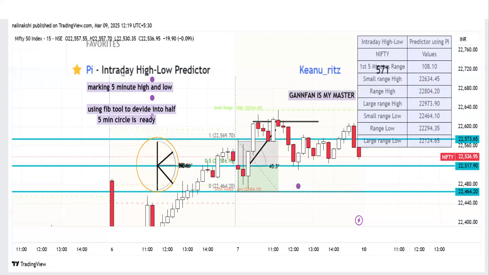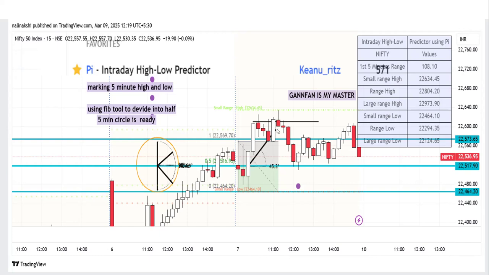So here I've applied this indicator, Pi Intraday High-Low Predictor by Keanu. This indicator is very good. Actually, it not only plots the ranges on the chart, it also gives a table where the price can go. You can see a small range high. Let us go to the small range high. It is predicting